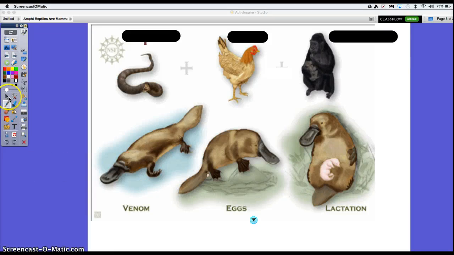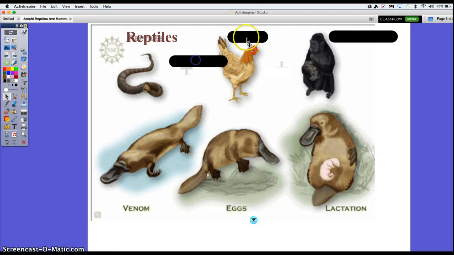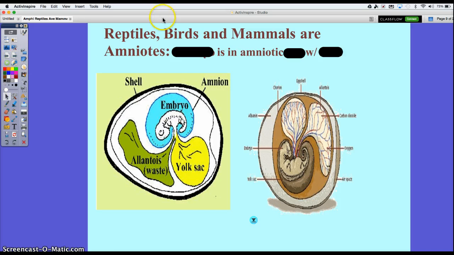I'm going to cover reptiles and birds today, but this unit is on reptiles, birds, and mammals. And the systems that I'm going to cover are going to be for mammals. I'm going to reference unique structures in each of these groups, but I want you to learn more about yourself. Obviously, you're a mammal. One thing I want you to know about reptiles, birds, and mammals is that they're all